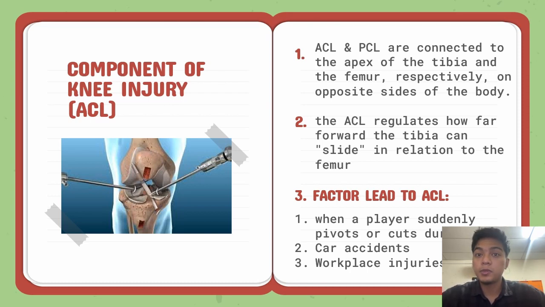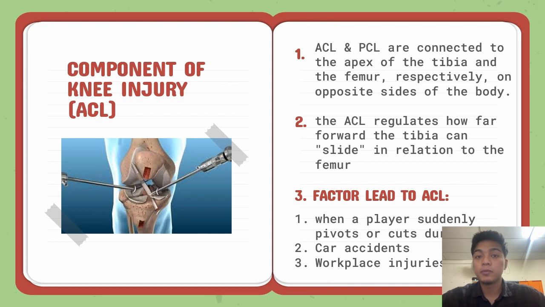In the knee, a ligament is a structure that keeps the bones together and helps regulate joint motion. There are 2 ligaments deep inside the knee and 1 ligament on each side, which is the collateral ligament. The anterior cruciate ligament, ACL, and posterior cruciate ligament, PCL, are the 2 knee ligaments that cross one another. Both ligaments are connected to the apex of the tibia and the femur, respectively, on the opposite side of